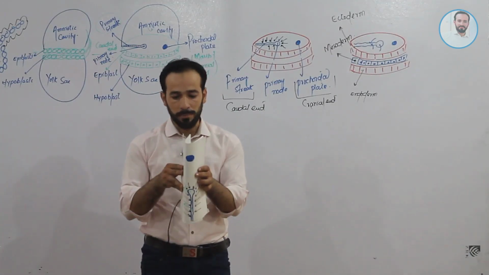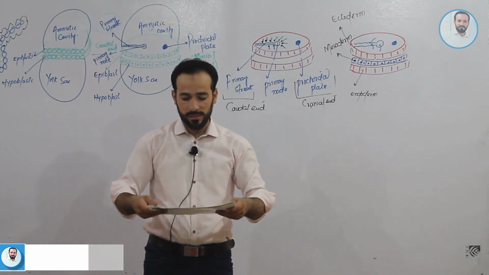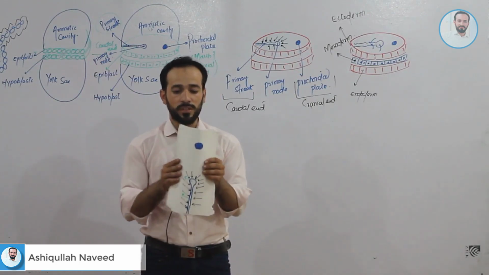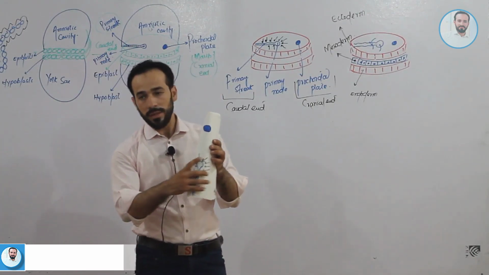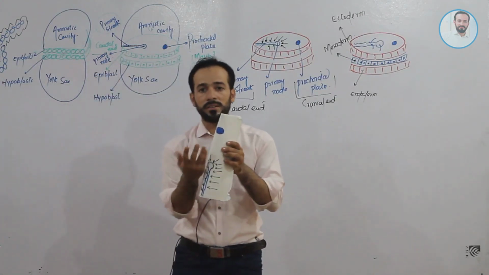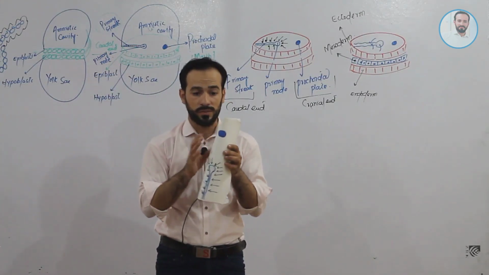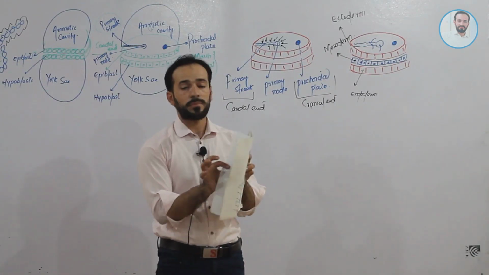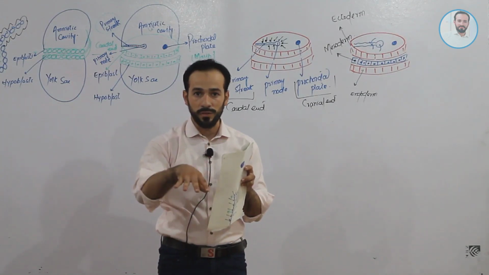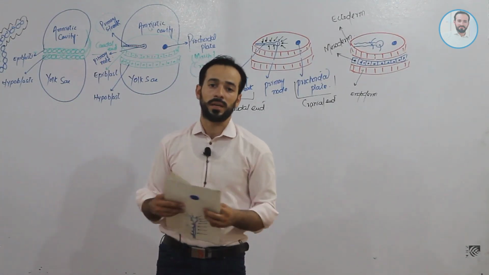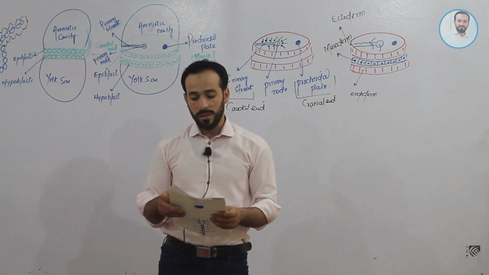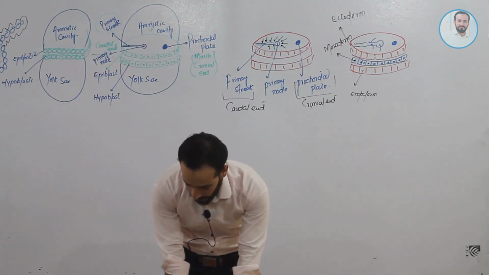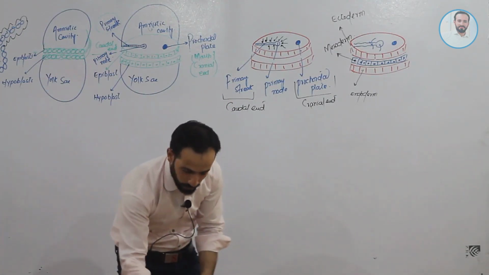Clear? What will happen is that these three layers will start folding like this, and from these folds, look, as it was epiblast here, this epiblast has come to the surface. It will make the outer skin of the baby, and this mesoderm will make the underlying tissues of the baby, and this endoderm will make the systems and inner organs of the baby. Clear, friends? Okay, that's good. We understood it. Let's move forward.